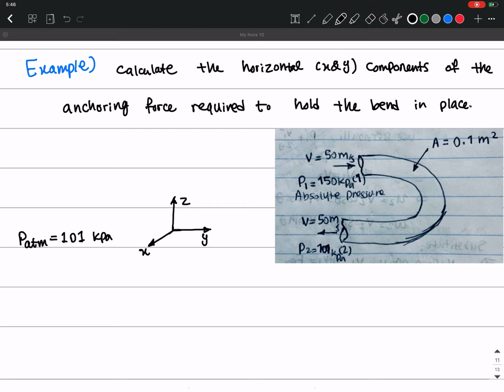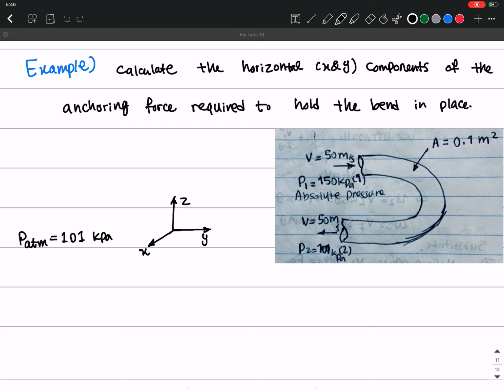Okay, so we have this bend. The velocity at the entrance here of the fluid is 50 meters per second. We have the same velocity as it goes out. The P at section 2 is 101 kilopascal, but the P at section 1 is 150 kilopascal. And these are absolute pressures, so these are not the gauge pressure. And also the atmospheric pressure is given as 101 kilopascal,